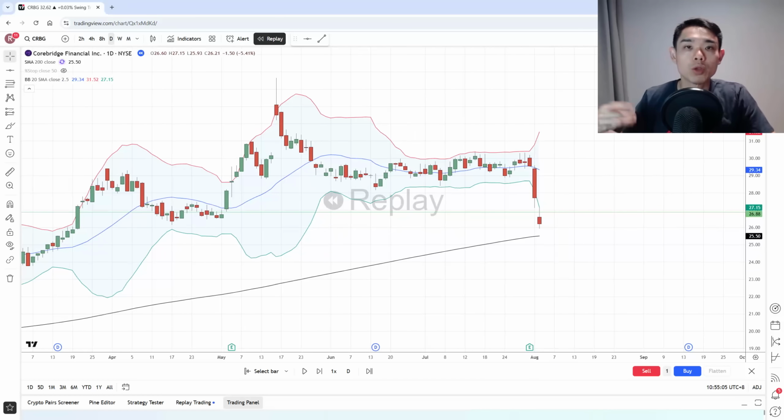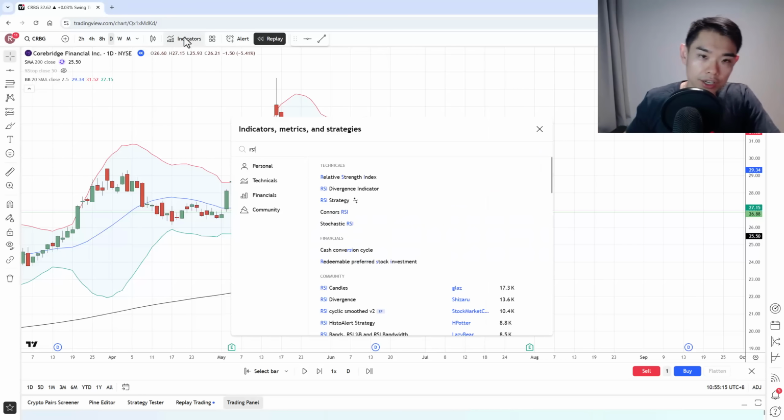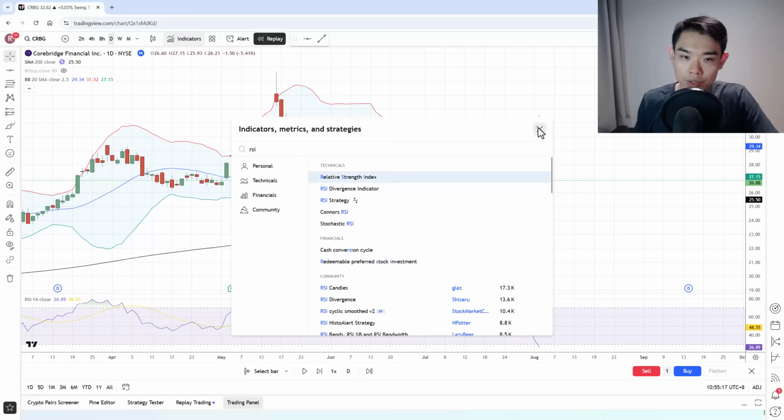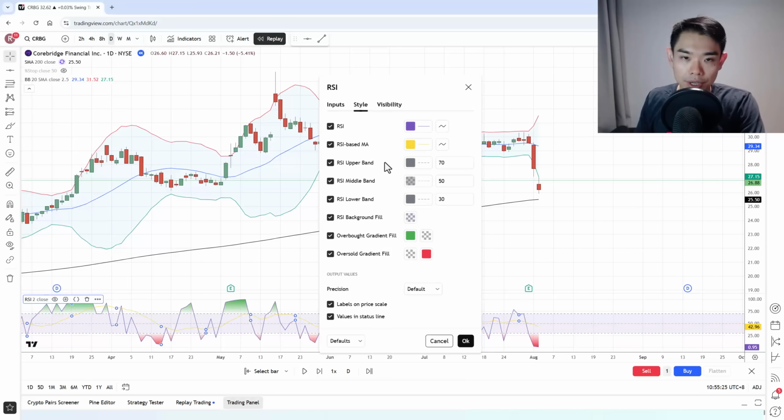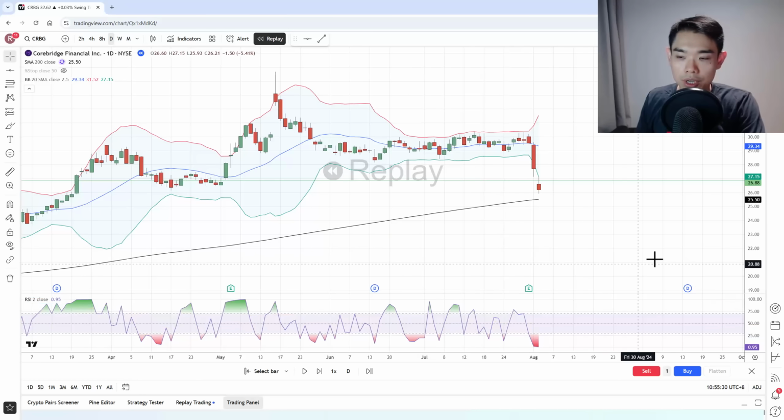Now, the next thing is, when do we sell this position? Remember, our exit has two parts: when the 2-day RSI crosses above 50 or after 10 trading days. So in this case, I'm going to pull out the RSI indicator. Again, the default settings on TradingView are enough. Just change the period setting. I don't need the SMA and stuff like that. Okay, and I can actually remove this, not needed, and press OK. So what we're looking for is the 2-day RSI, which is this value over here, currently